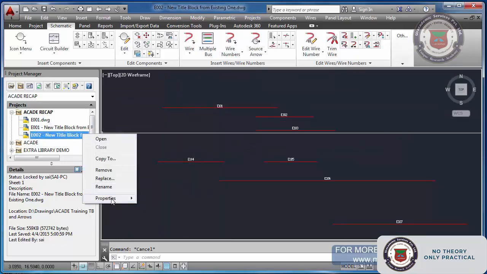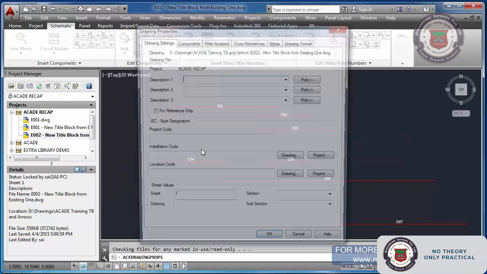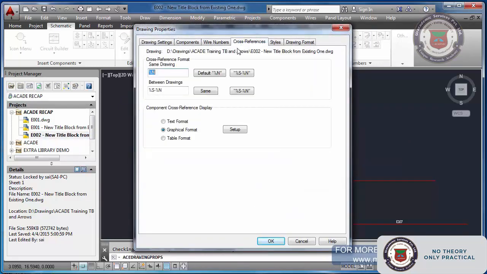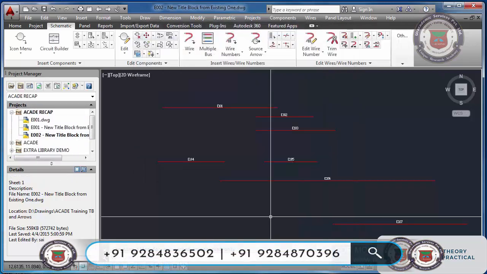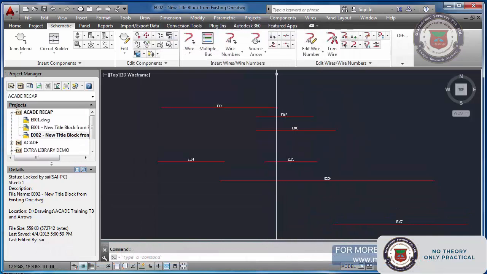Now the second, going back to the drawing properties, cross-referencing. Now the default value, I am changing it to some new style. If it is inside the drawing, the same sheet, follow this. If it is in between drawings, follow this. Okay, done.